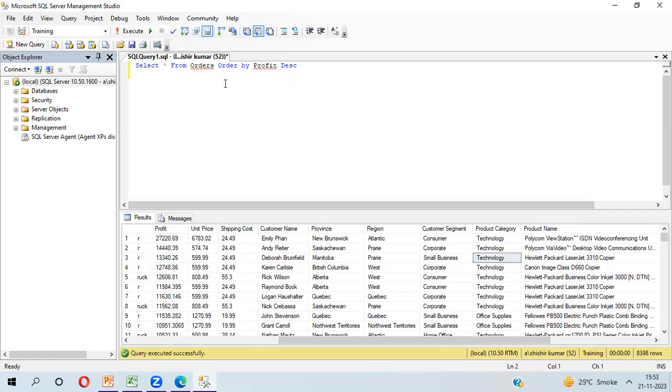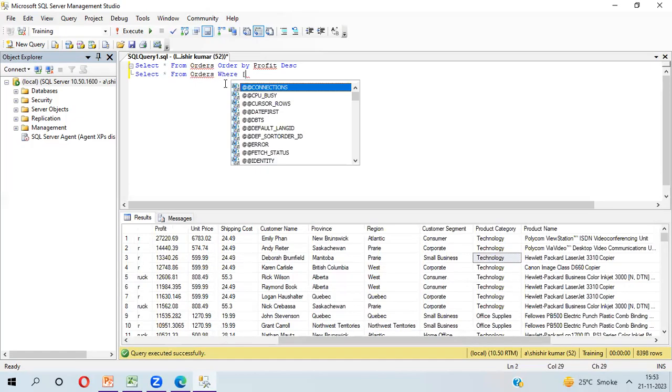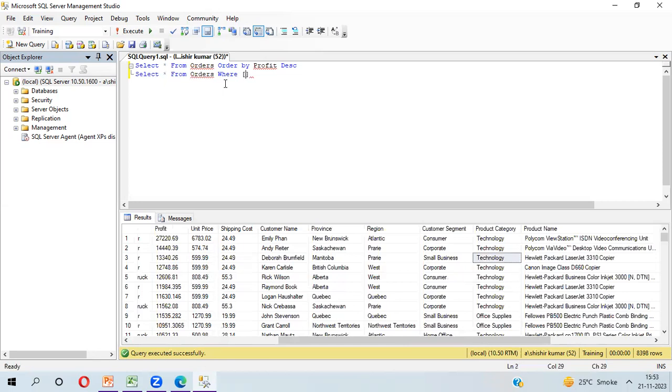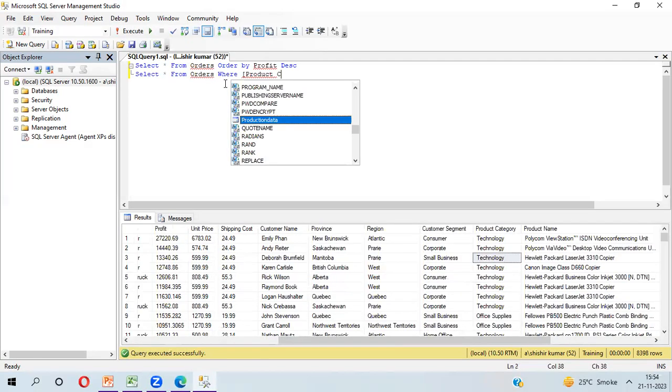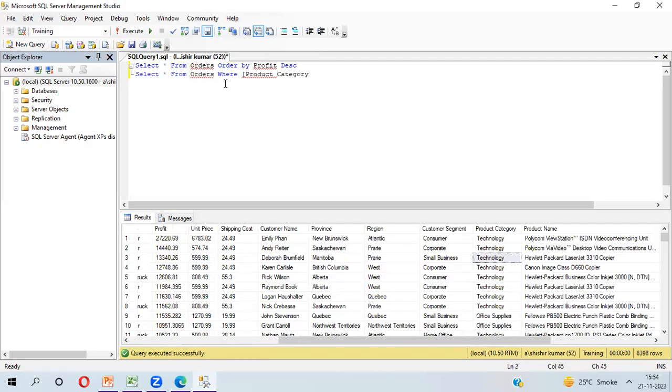So you need to write here select star from orders. Then you have to write here where product category. So here I'm mentioning the product category, and here you need to type equal to single quote technology. Okay, then you have to mention here